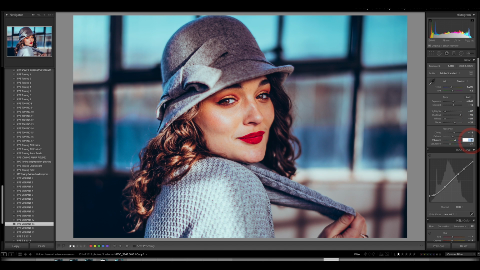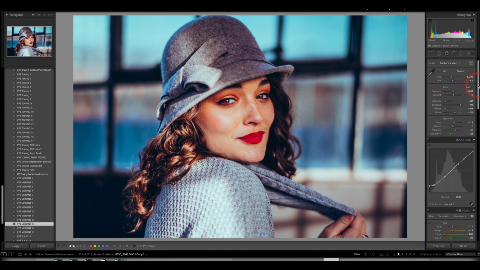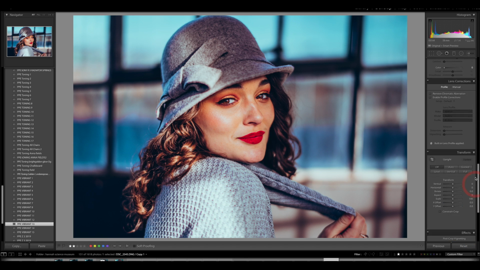I have the vibrance at 31 and the saturation at minus 28. So this is just the characteristic of the way I've set up my vibrant presets. They're in the pack with all the other 70 plus presets and all the other stuff that's going on in the background here